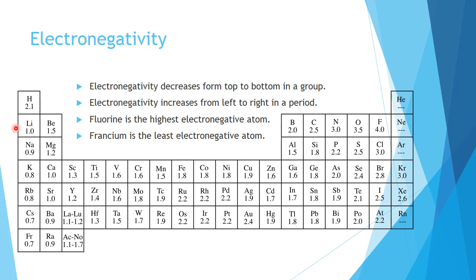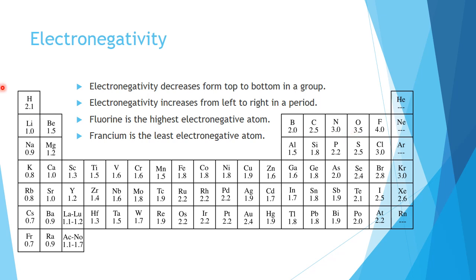For example, in second period we say that it is L shell. So lithium has one electron in L shell, beryllium has two electrons, but the shell is the same. Due to the regular increase in the nuclear charge, there occurs an enhanced attractive force of the nucleus onto those valence electrons, thereby making it more electronegative. As you can see, lithium has electronegativity value of 1.0, beryllium is 1.5, and the same trend is followed along the period.